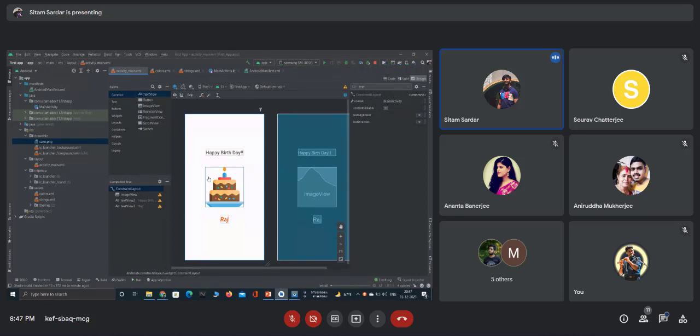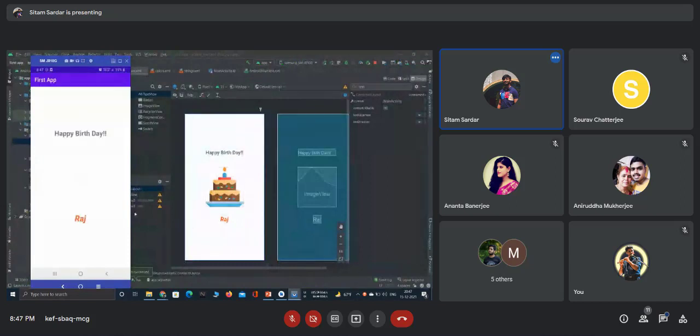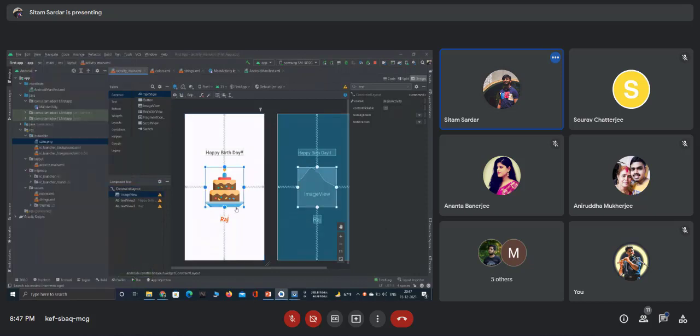okay, let it install. The image is not showing. Why?